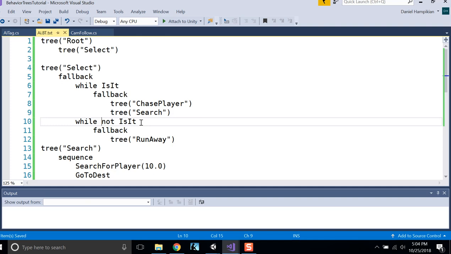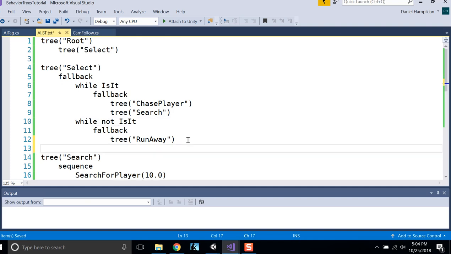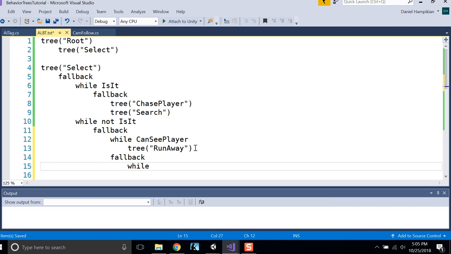And let's make another tree, which is idle search. So we'll have them just kind of wander, or just wander. Tree wander will be a sequence